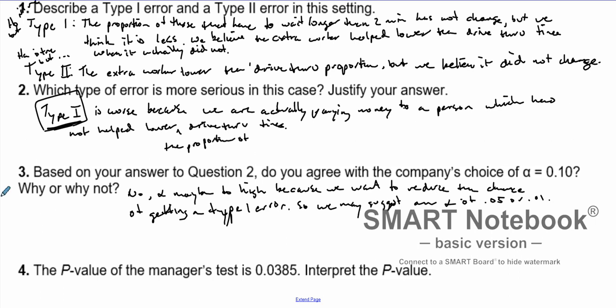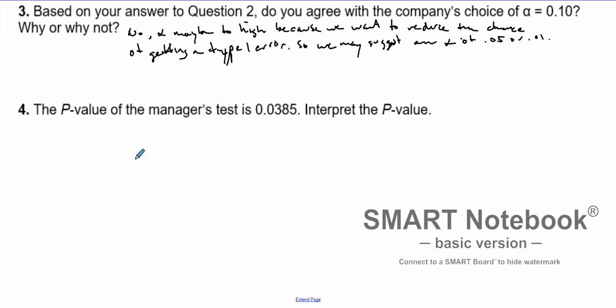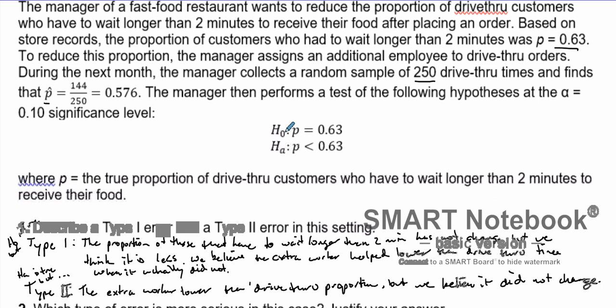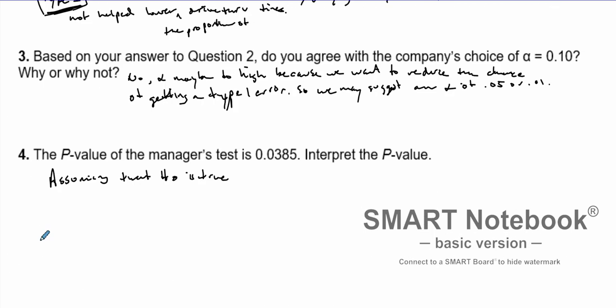And then finally, the p-value of the manager's test is 0.0385. Interpret the p-value. So one last thing we're going to do is interpret this p-value that we have here. Essentially, what it's saying, assuming that the null is true. And what is the null? The proportion of those having to wait 2 minutes or longer is 0.63. So assuming the null is true,